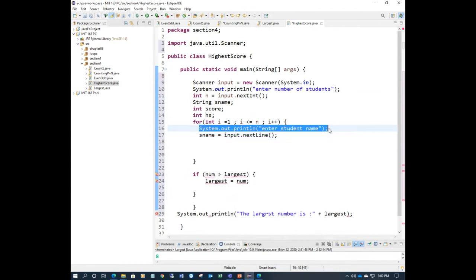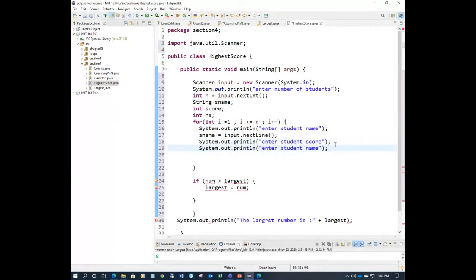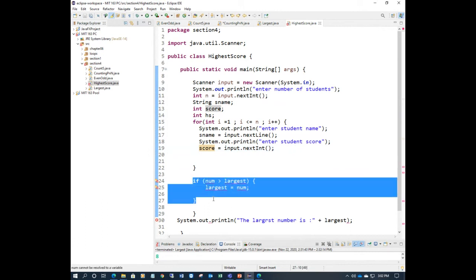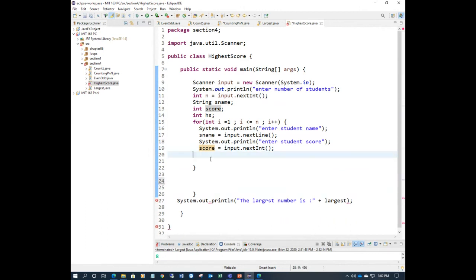Now same case, we have to say here student score, student name and student score. The student score you have to enter here. Sorry, here we have to say input, right? Same thing. So just write score. Control C, Control D. No need to declare again. Now you got this score. Now you use the same logic here. Control X. Keep it here.